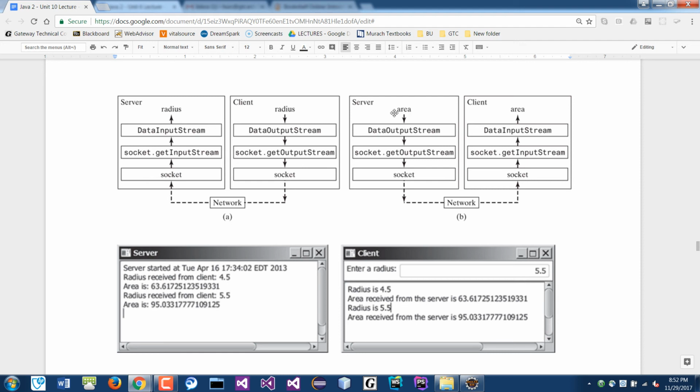Here, you would send a radius or any number to the server, and the server will process it, get the area of that radius, and then send it back to your client. If you look at this, when you make the connection from the client side, the server side will receive that number. For example, if you pass in 4.5 and click enter, then that 4.5 gets sent over to the server side. The server received it, you output that message here so you can see it, and then you calculate the area and send the area